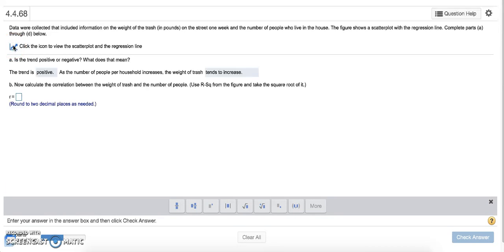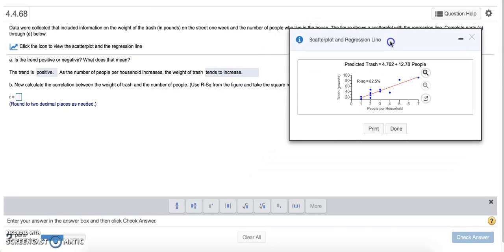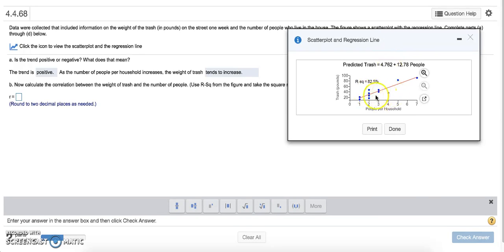Hi everybody, I've received a few questions over this same problem on your Chapter 4 quiz, so I just wanted to make a quick video and show you guys how to do Part B. No one seems to be having trouble with Part A so far, where you look at the image and you decide that the trend is positive because as the people go up, so does the trash. That one's going okay, but it's Part B where they ask you to find the R value that we're having